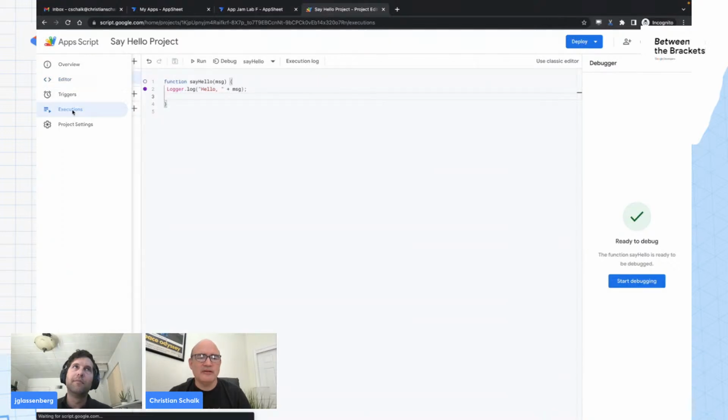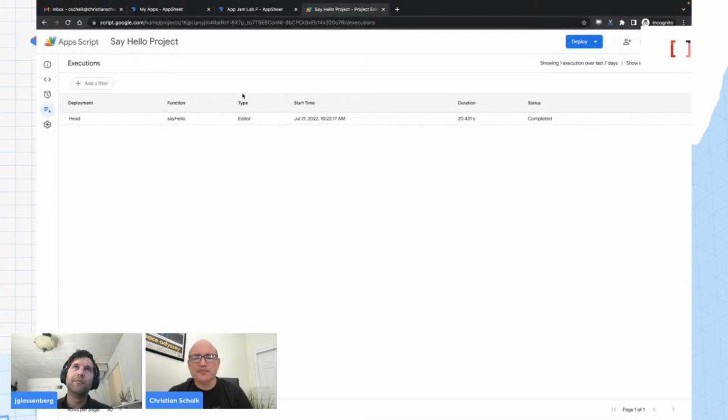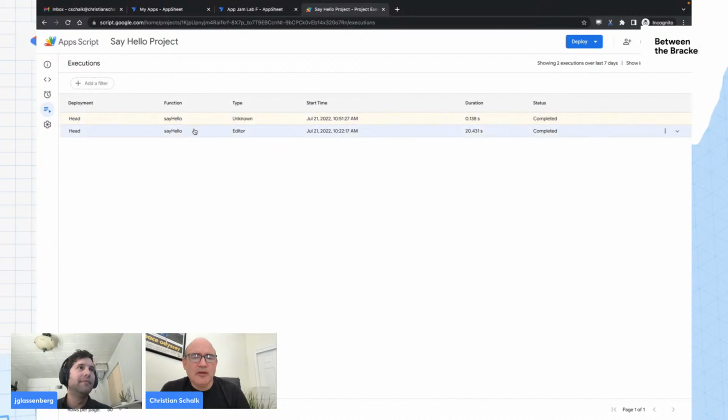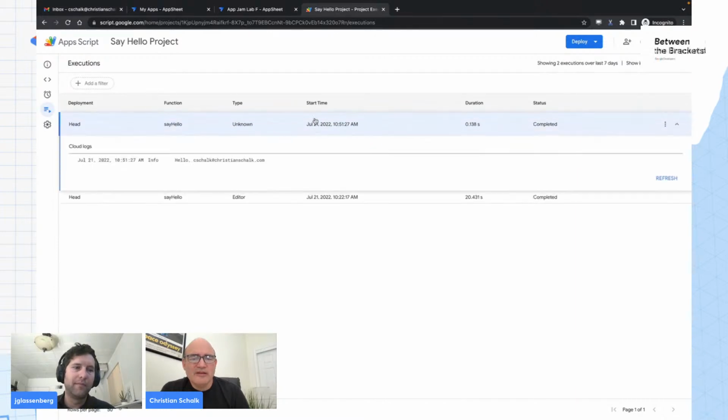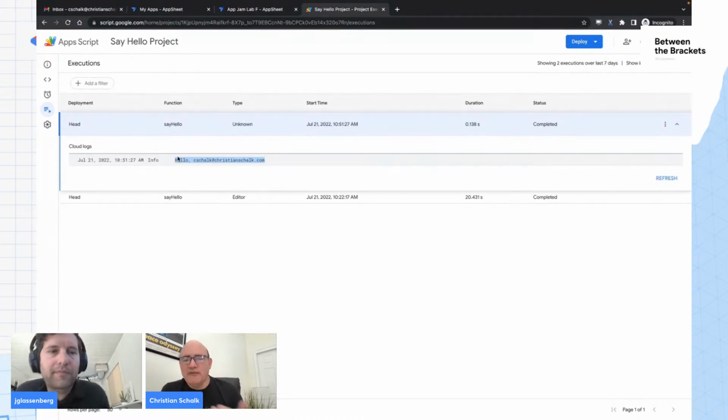and then I'll switch back over to AppScript, and I look for executions. So this is our log. And so I'll just wait for it to update. It takes a few seconds to update, or I can hit refresh. Oh, there we go. So we have this incoming say hello execution that's occurring. And then as it fetches the information, here we go. We have the message that says hello, Christian Schalk, which was the actual user that was supplied via the parameter